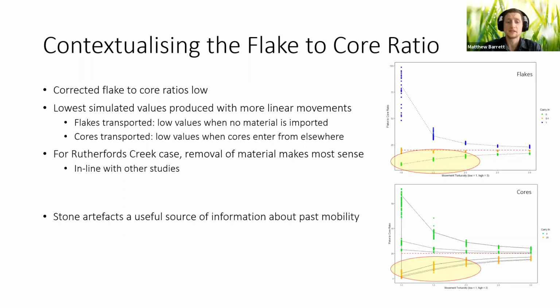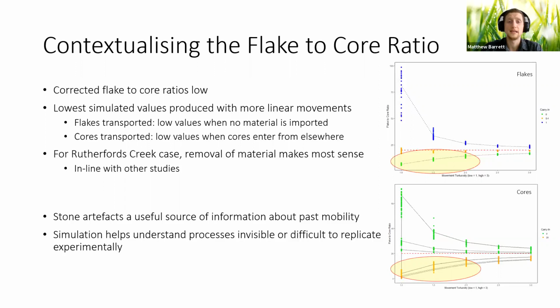So to summarize, stone artifacts are a useful source of information about past mobility, particularly when approached in terms of the physical separation of the products of stone reduction. Computer simulation, when approached in an exploratory manner rather than as an attempt to reconstruct an empirical reality, is useful for understanding the outcome of processes of interest that are otherwise invisible to archaeologists or logistically difficult to experiment with. And in this manner, the simulation serves as a heuristic device or a tool with which to think about archaeological